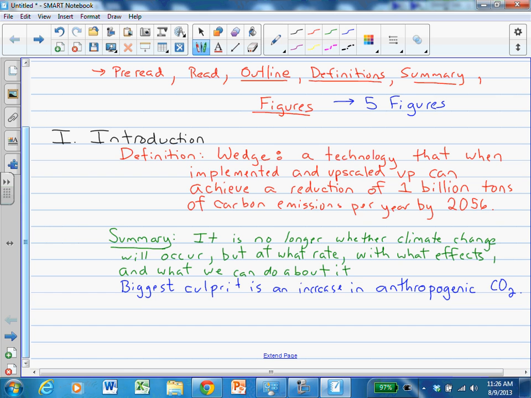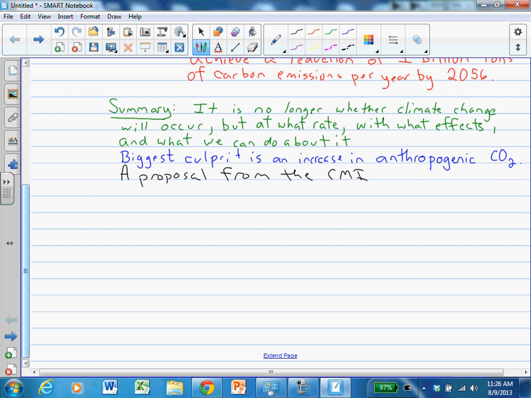A proposal from the CMI, assuming I'm reading this, that would be enough to let me remember what CMI is, Climate Mitigation Institute, is to